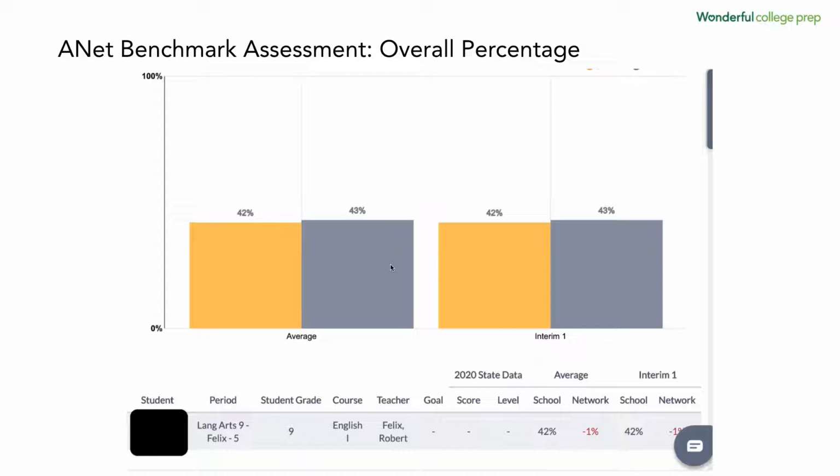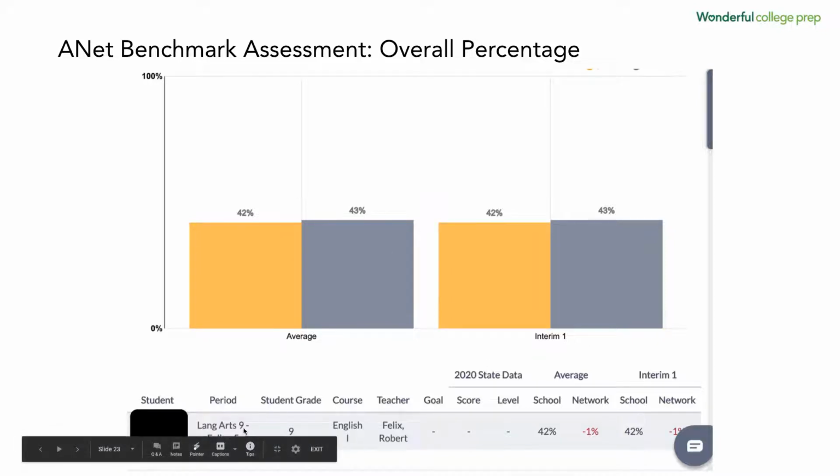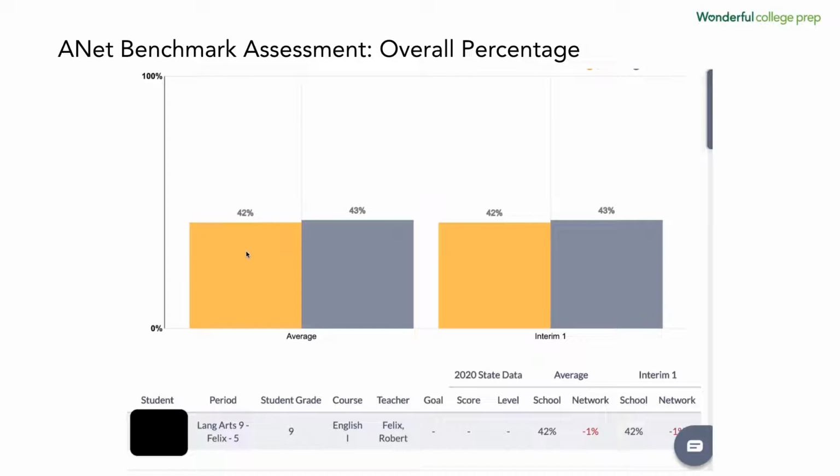So whether you're looking at the school or your individual student score, look at how far off or how far above we are from that network score. Because that is all the students in the achievement network. So all the schools across the United States that took that same test, that same English Language Arts 9 test, this English 1 course. Every student that took that across America, the average was 43%. So if we're looking at here, we're not far off from that mark, and so we are average with the rest of America towards mastery in those standards.